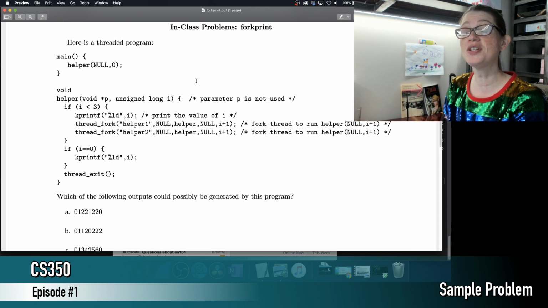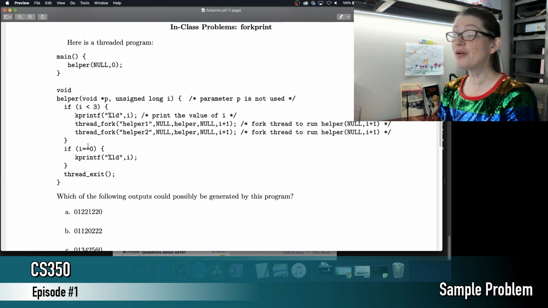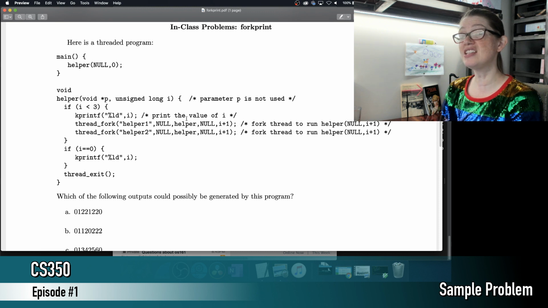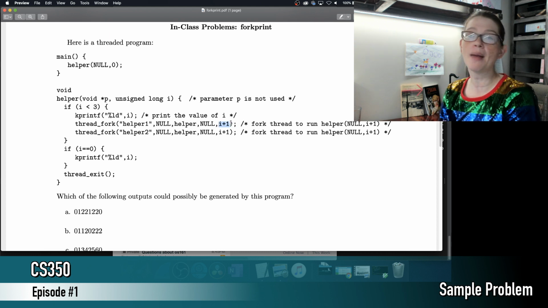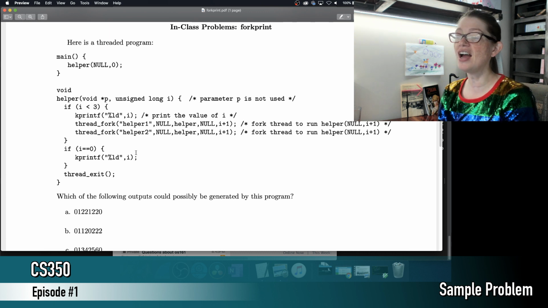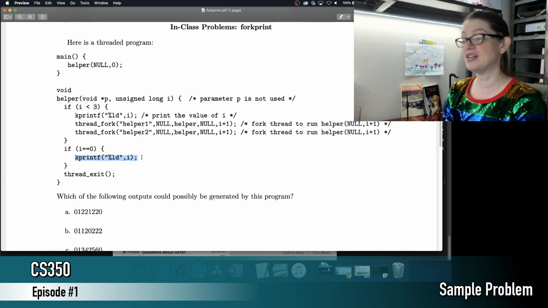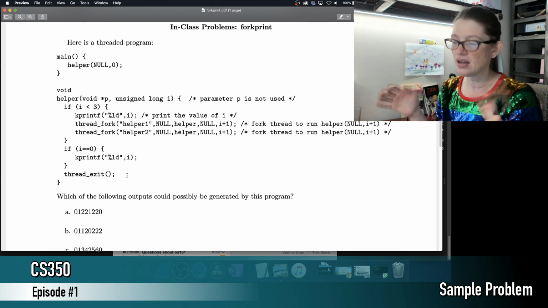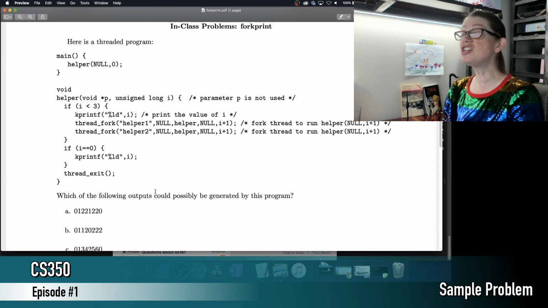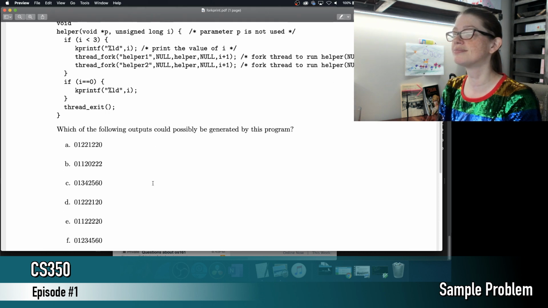We have our main function, which calls this helper. In the helper function, you will see if i is less than 3, it is going to print the value of i, and then it's going to fork 2 threads, and the thread it's going to fork is actually itself. Each time it forks itself, it increments i by 1, as you can see here. If i is greater than or equal to 3, we don't fork any threads. And if i is equal to 0, we're also going to do a print here. Then when we've forked all our threads, we call terminate or thread exit to stop the thread, although this wasn't explicitly necessary. So the question asks, based on the little bit of code that we have given you,